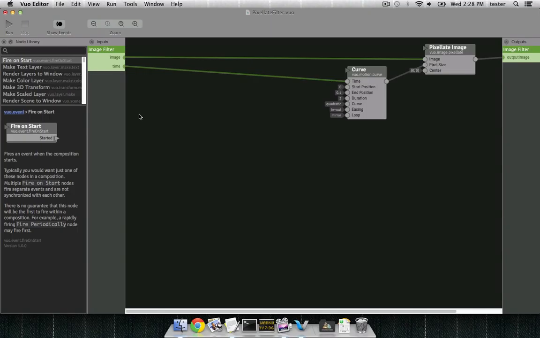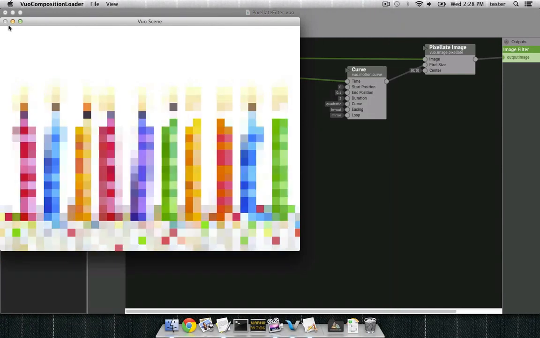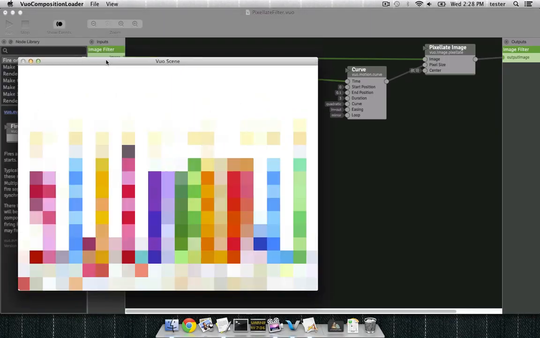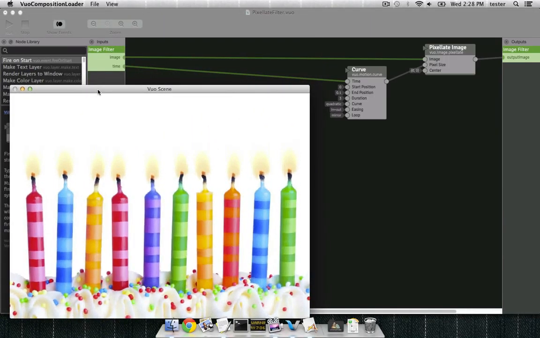There's a second protocol for Vuo compositions, and that's called the Image Filter protocol. Whereas an Image Generator composition creates a new image, an Image Filter composition takes an existing image and adds some kind of effects to it.